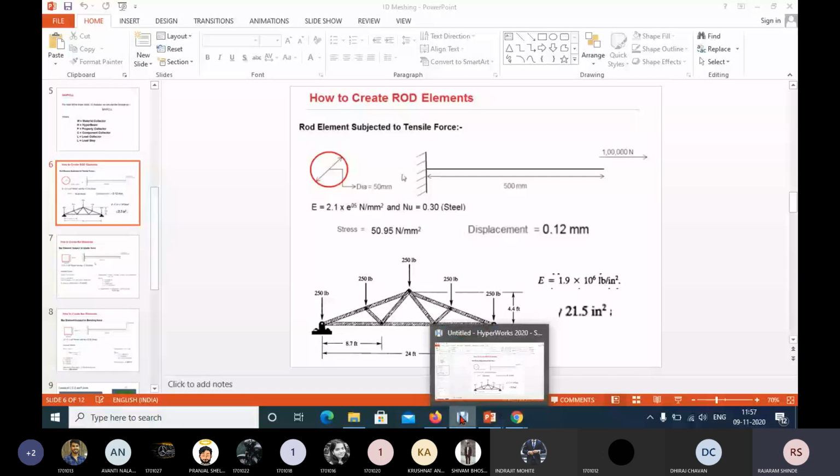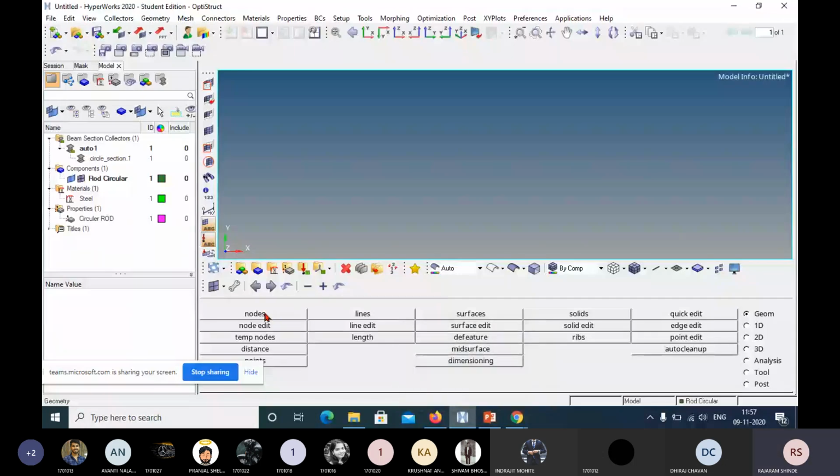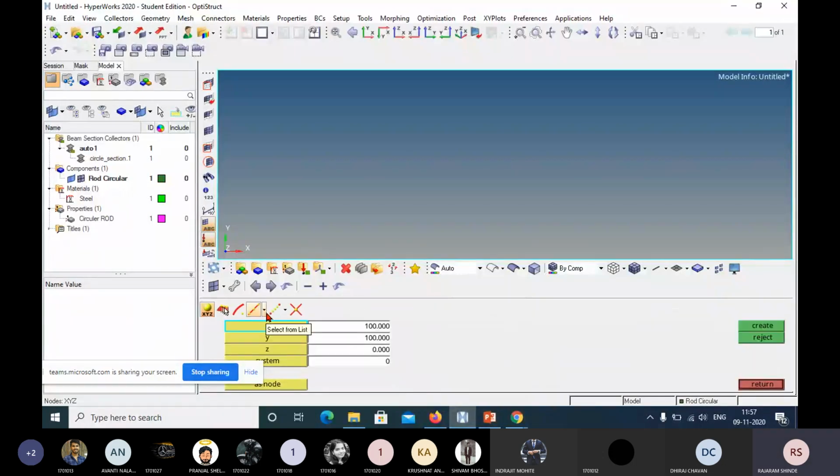Okay, now I will click on the nodes. Now I will enter the coordinates of the first node. It is general practice to consider the first node at origin, then it will become suitable to give the coordinates for the remaining nodes. So I will create the first node at origin.